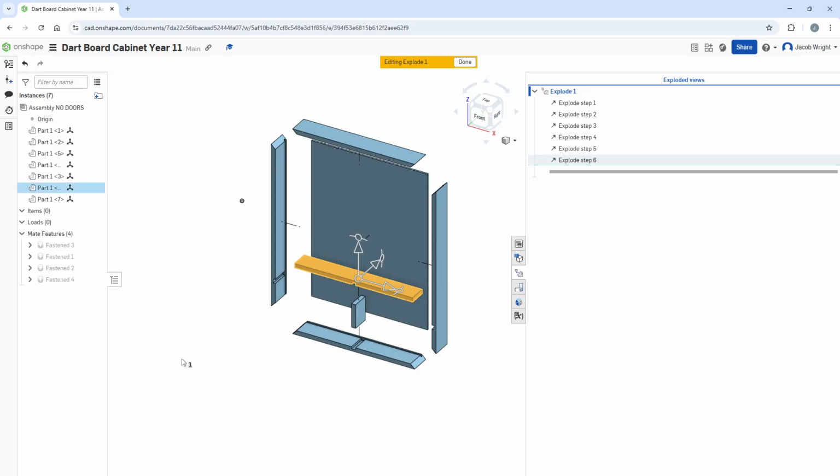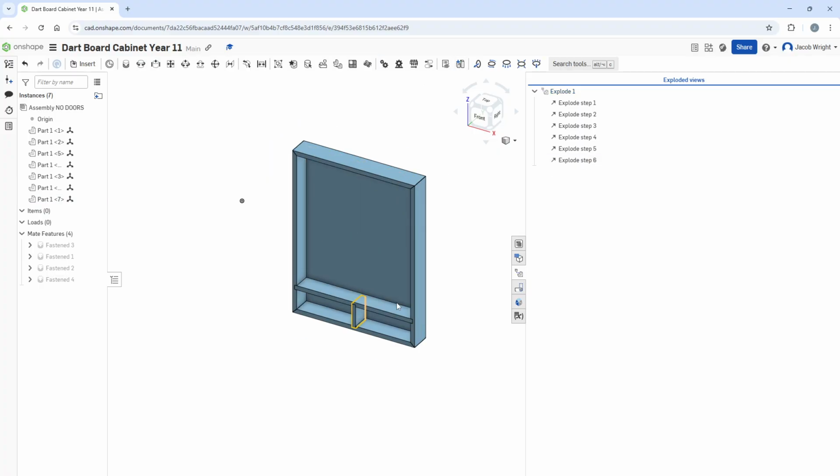So now that I've completed that, I can hit Done at the top, where it says editing Explode 1. I can click on Done and everything will snap back to how it was. And you'll see over in this Exploded Views menu that I've still got this Explode 1 with 6 steps. So if I want to edit any of the individual steps, you can see that